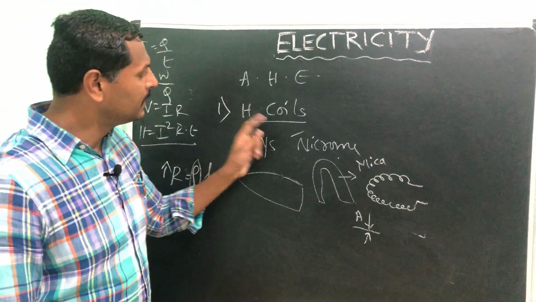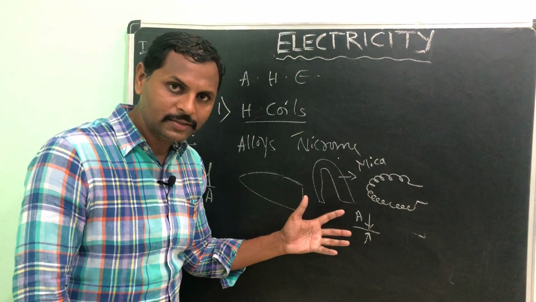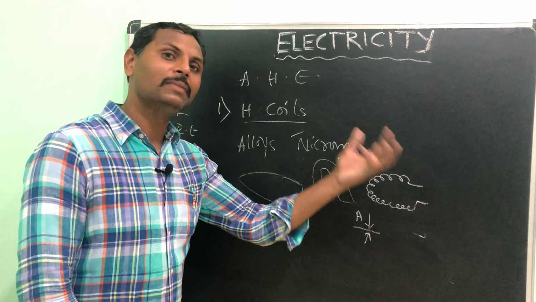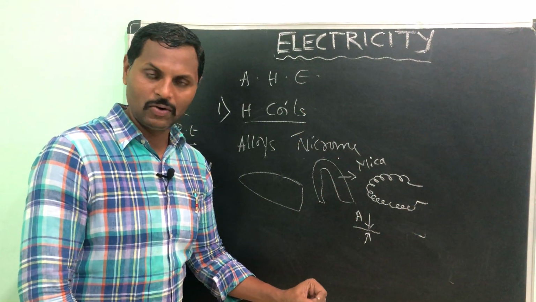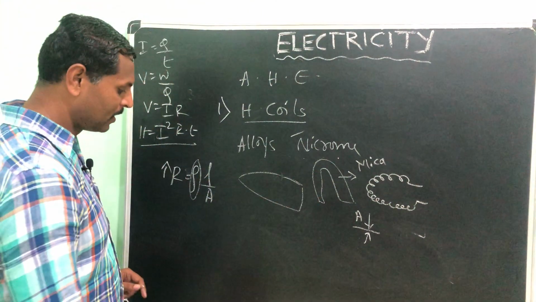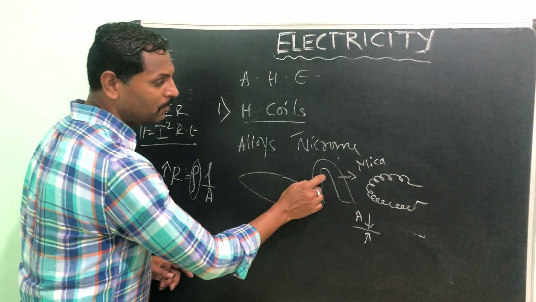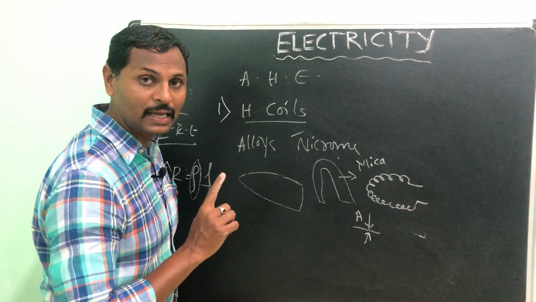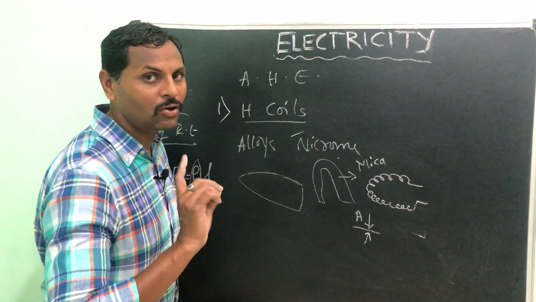So like this, heating coils will give us heat from the electric current. Okay. This is the first application. And the second application, please do remember the mica also, which is a good conductor of heat, not a good conductor